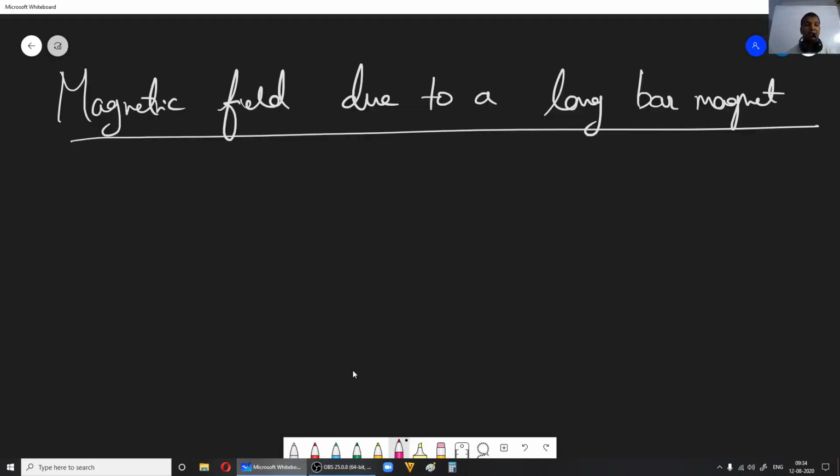Okay, in this class, let us study about the magnetic field due to a long bar magnet. That is the same thing, that is, at the axial position and equatorial position. Right now, we got this expression by comparing this bar magnet, that is, it can be considered as a magnetic dipole. We compared this with an electric dipole and we got the expressions.